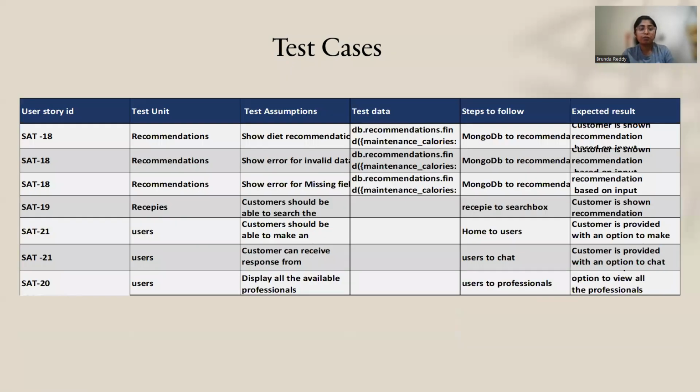So here are the recommendations, like with the test assumption as show diet recommendations. So these are the users and recommendations. So coming to the team velocity chart.